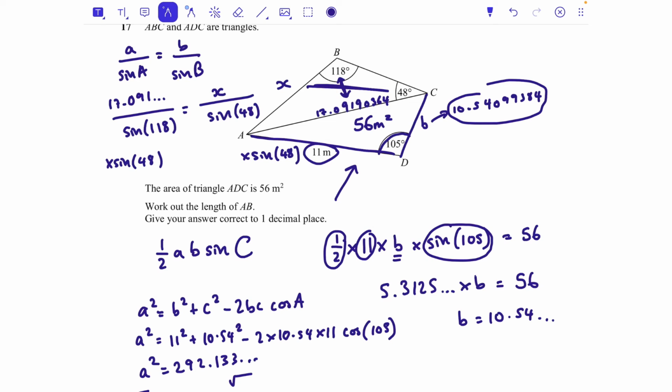There we go. So in my calculator, I'm going to put answer over sine 118, again I'm keeping the accuracy of that number, times by sine 48, and I've come out of the fraction to type that bit, or you can put it on the top, it's entirely up to you. And that is 14.38563268. They want it to 1 decimal place, so my final answer would be 14.4. Wonderful, very nice